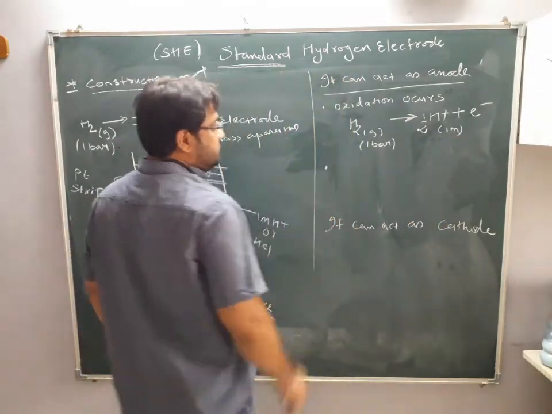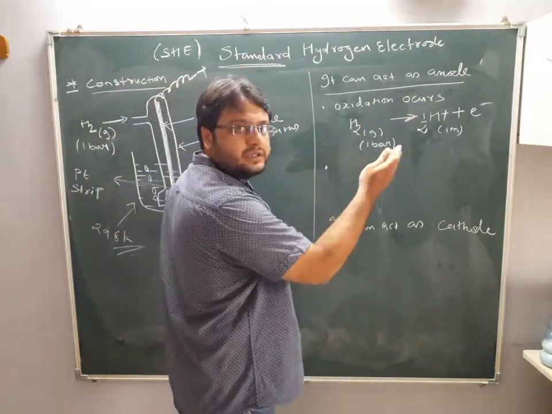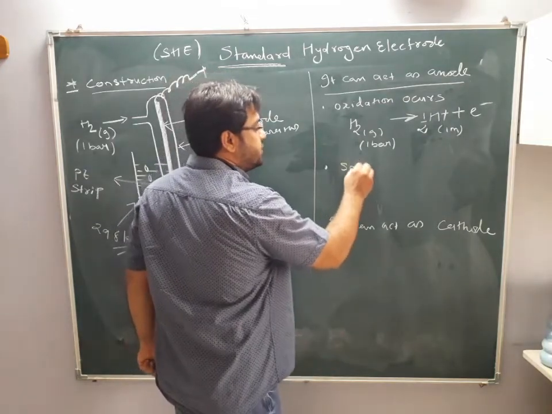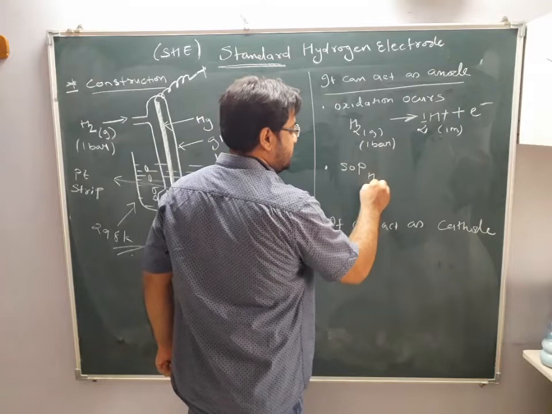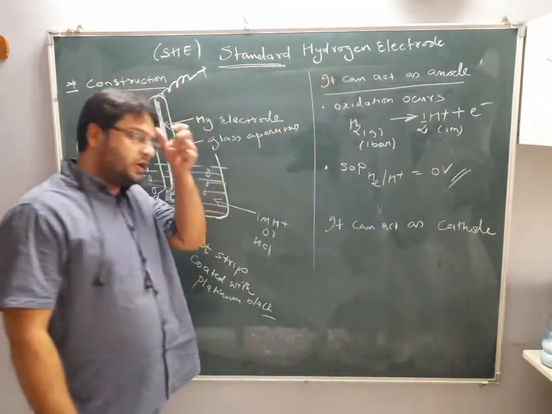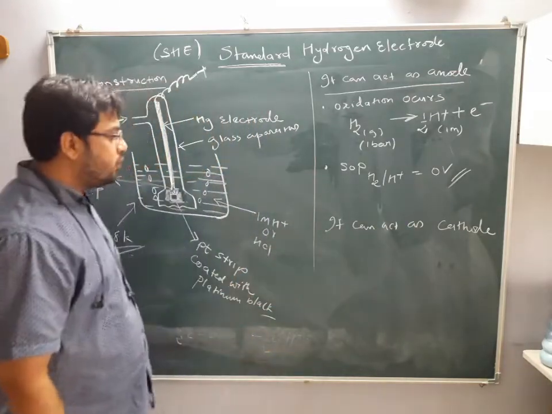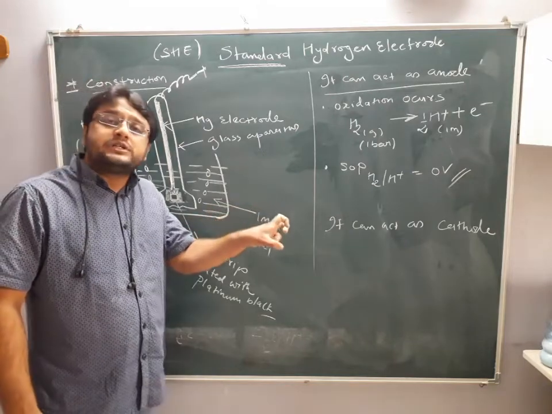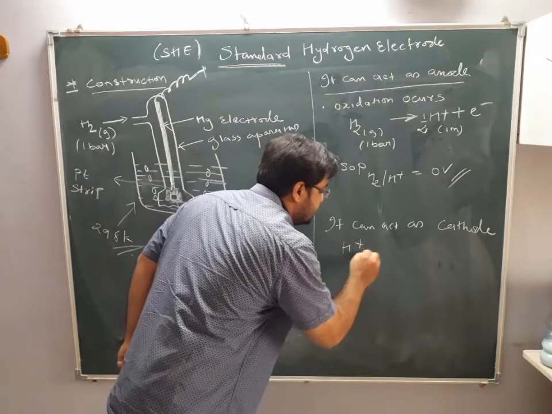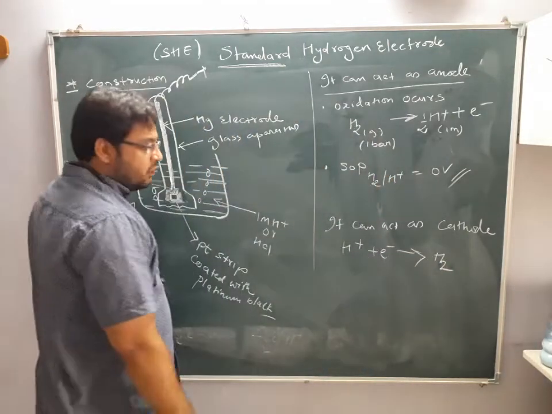Suppose it acts as a cathode. Now here, oxidation occurs, meaning oxidation potential will be there. Oxidation occurs means which value will be developed? Oxidation potential value. And you know the standard oxidation potential value for hydrogen is considered to be what? 0. It is fixed according to IUPAC. Similarly, if it acts as a cathode, what will happen? The electrons will be absorbed, electrons will be gained by H plus. So this reaction will occur. H plus will gain electrons and convert into what? H2. You can balance the reaction.